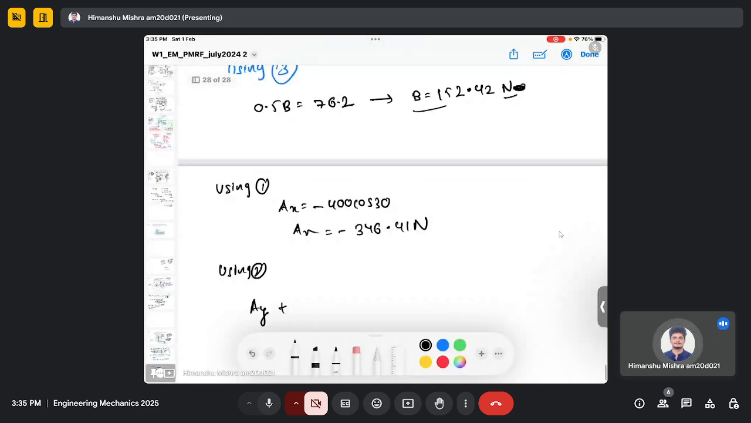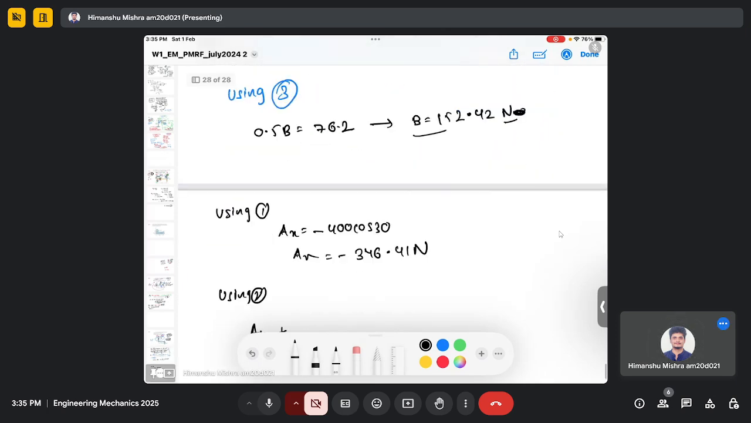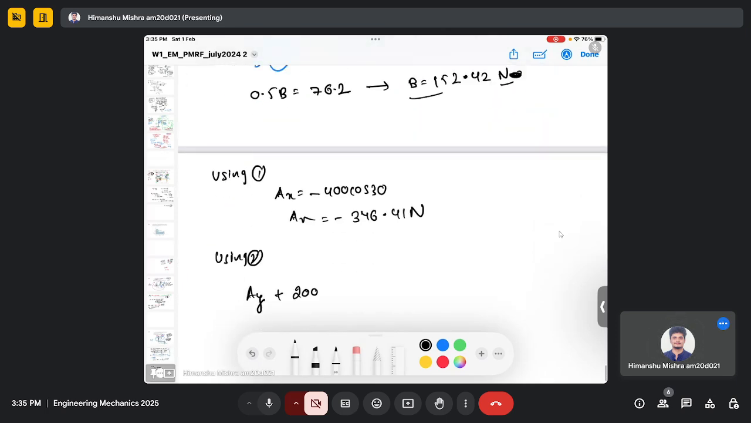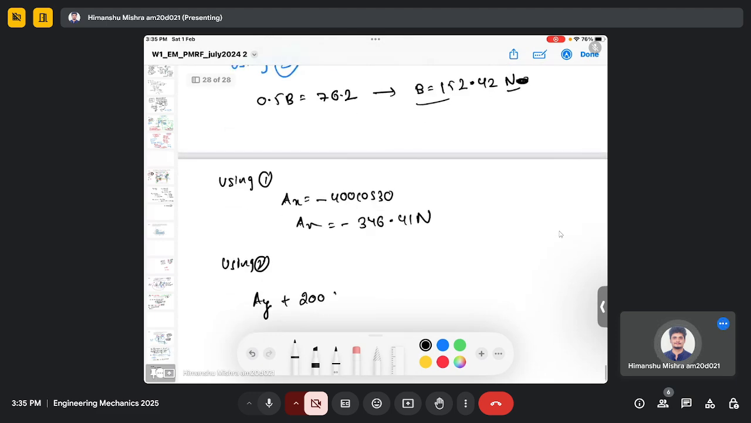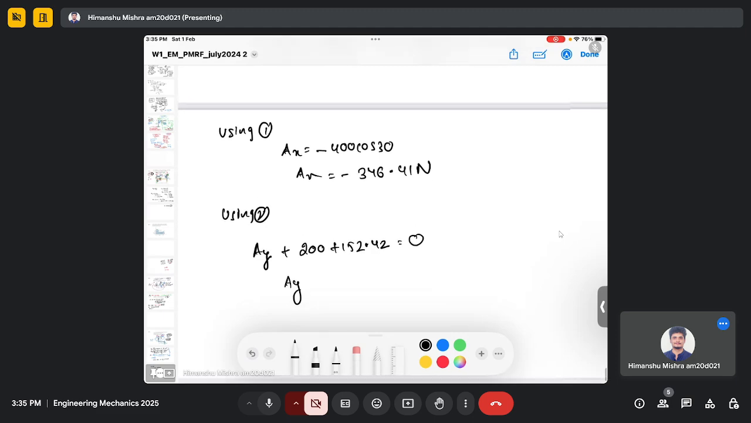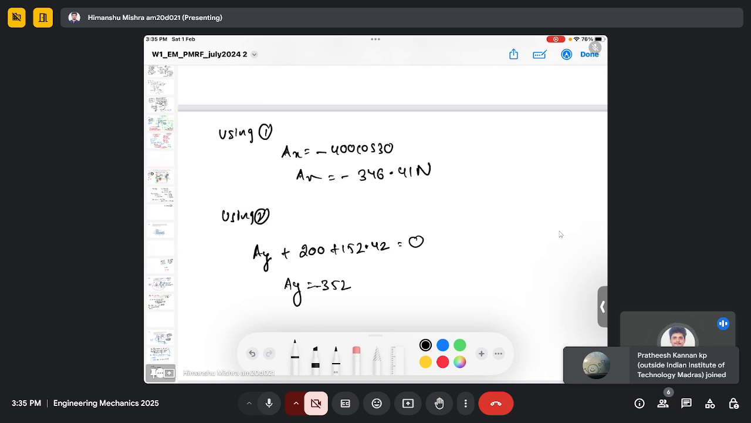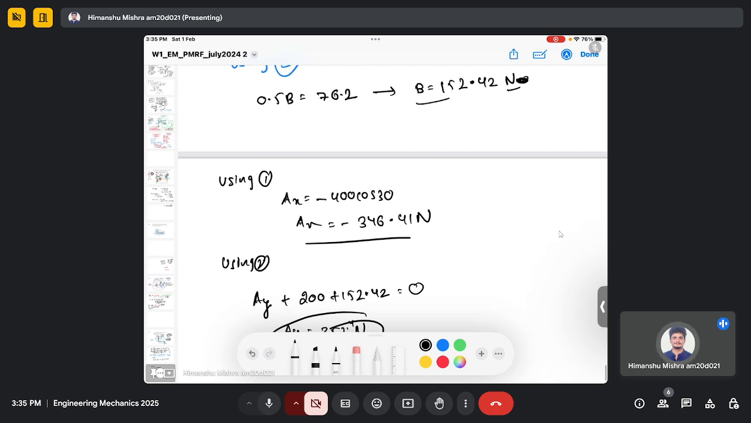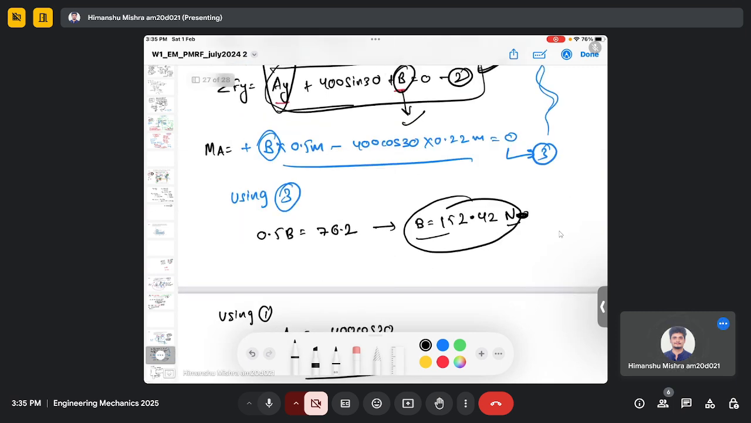(400 sin 30), so it will be 200 plus B, and B is 152.42. So when you solve this, you will get minus 352 Newton, point 4 Newton. So this is your AY and this is your AX, and this is the unknown force